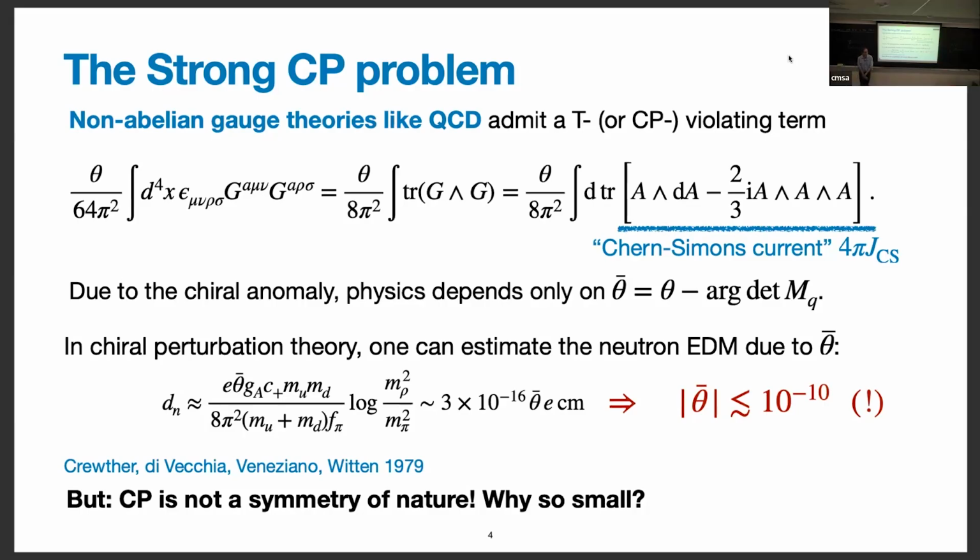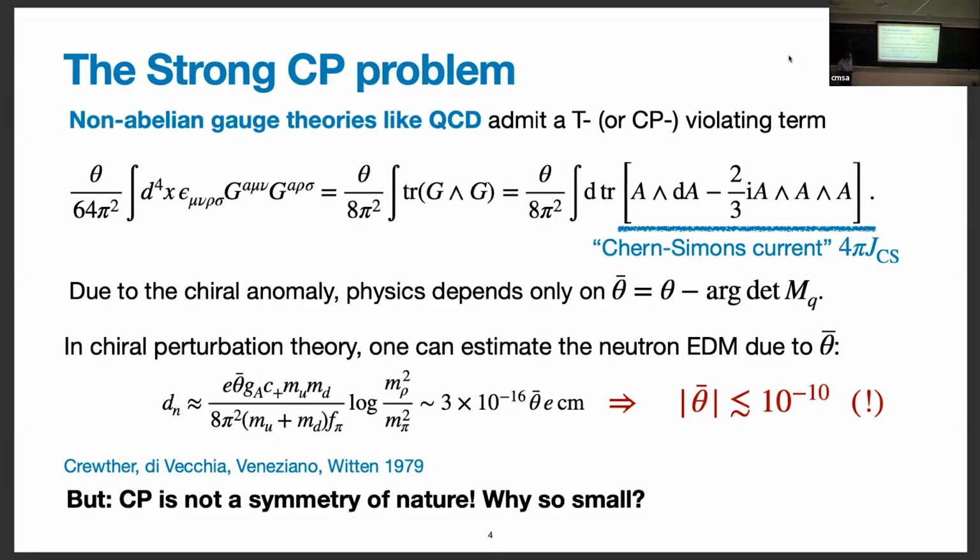So electric dipole moments violate time reversal symmetry because they look like electric fields dotted into spins. If you reverse the direction of time, spins go the other way, but electric fields don't. And so you can do clean measurements because time reversal is a good symmetry of most of the physics of the world around us. And if you see things that violate it, they tend to jump out of the data. So people are very good at measuring them.